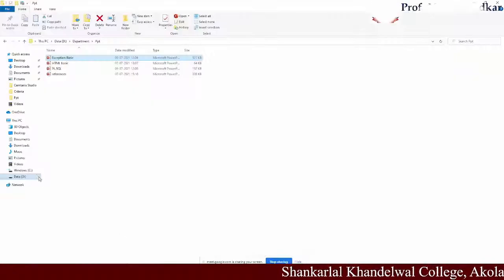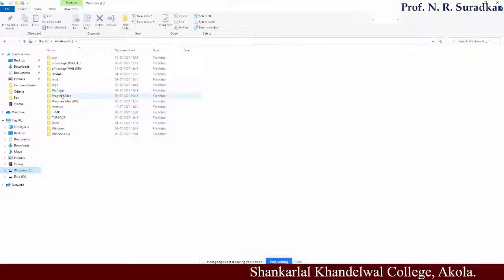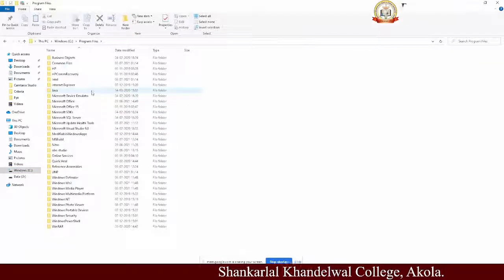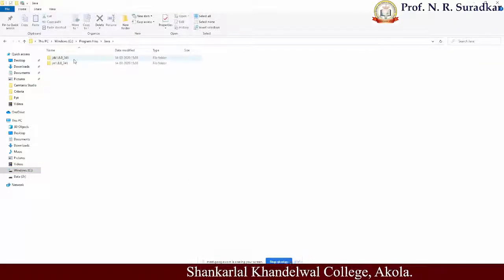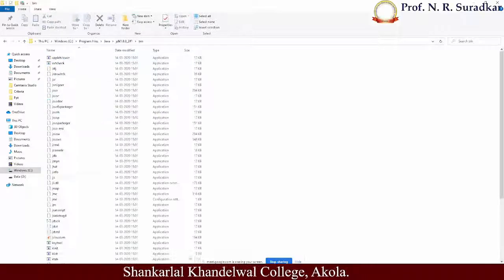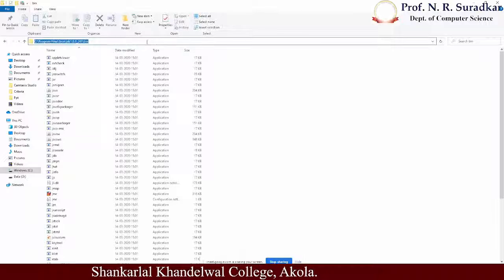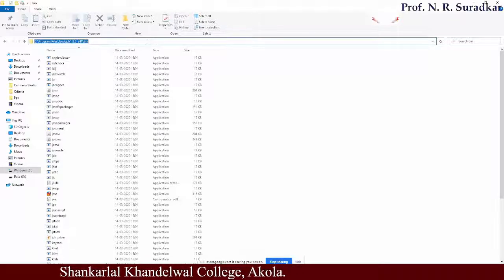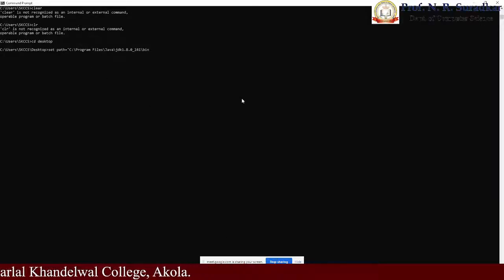For setting the path, go to the C drive, then Program Files, then the Java folder, then the JDK folder, then the bin folder. Copy the path from here by using the shortcut key Control C. Go to the window, paste here, complete the double quotation mark, and press enter.